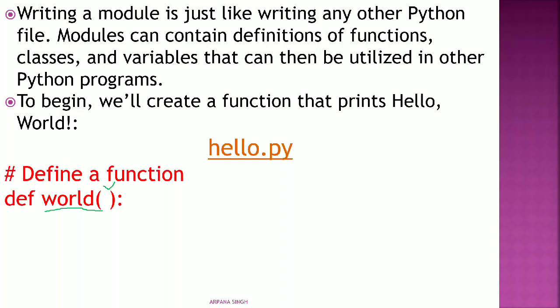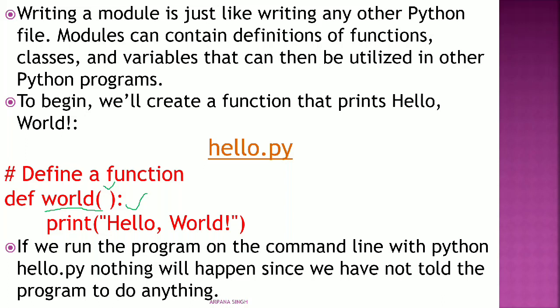and this colon, you have used this colon with for, if or else. This makes or creates a header, and after this, whatever you write, they are indented. Like here, you can see print hello world is the statement within the function. So this is a function with one statement to print hello world.